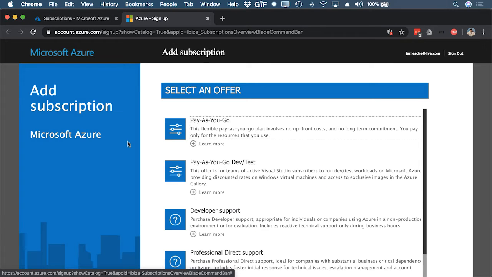And then I can choose the subscription type that I want. I have pay-as-you-go and pay-as-you-go DevTest. I don't have free trial because I had a free trial subscription a long time ago that since expired, and so that's no longer available to me. Okay, so I'm going to choose pay-as-you-go as my subscription type, and then that's going to take me to the